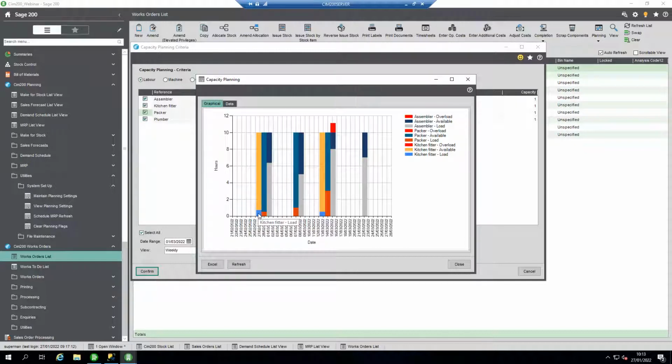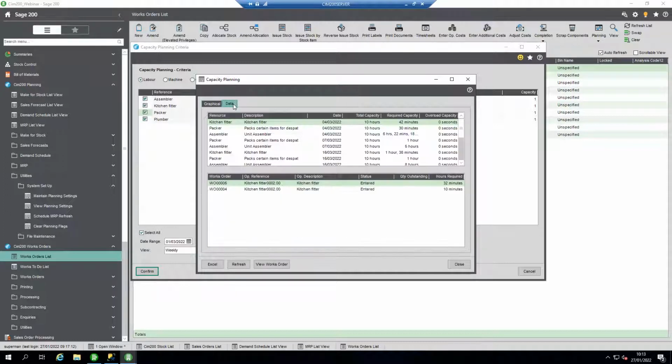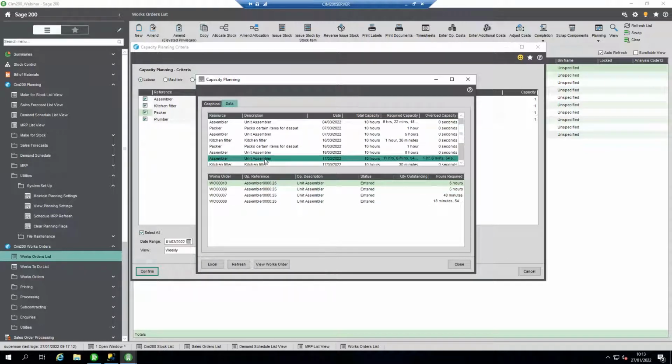There is a little bit loaded, and we can see our assembler is overloaded all that time. You can view the underlying data from here. So I have an assembler. It was red, it's overloaded. So we can see that it's just over an hour overloaded, and we can see which works orders it's causing that